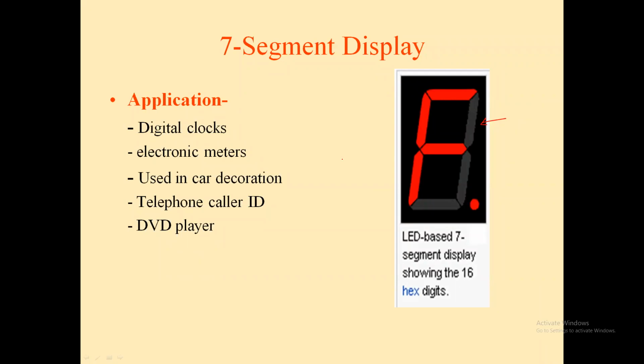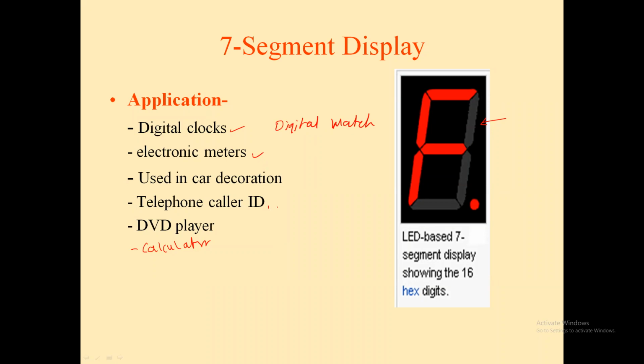Now, what are the applications? As I rightly mentioned, your calculator is one of the applications. The calculator is an application of a 7-segment LED display device. Again, the digital clock to represent the time and date. In the digital clock, the 7-segment LED display device is used. Your wristwatch, digital watch is also one of the applications. Then electronic meters with which we can measure voltage, current, everything.